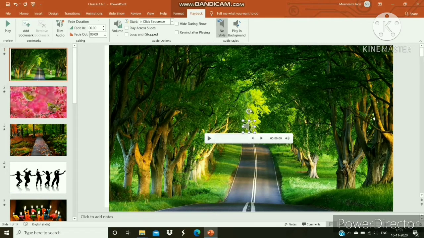You can also use the playback tab in the ribbon to edit the clip according to your wish. You can see many options over here and can animate or add transition effects according to your needs. So you can press on the preview button or the play button and listen to the audio track you have added to your slide.